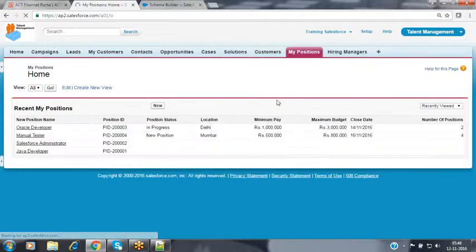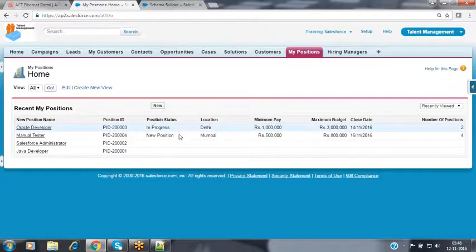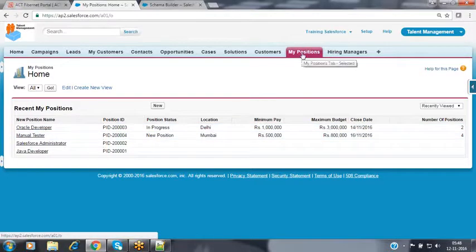When you go to the position object, we have a few records available. We created this object some time before, and we have stored some records inside it. Nothing but some ready-made records are already available inside the child object. Now on this particular child object, we are going to map the association.